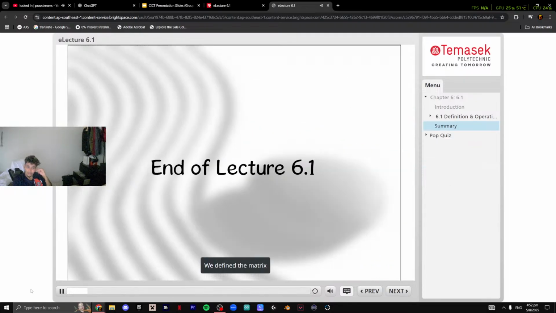We defined the matrix and looked at a few special matrices. We also looked at what it means when we say that two matrices are equal. And lastly,